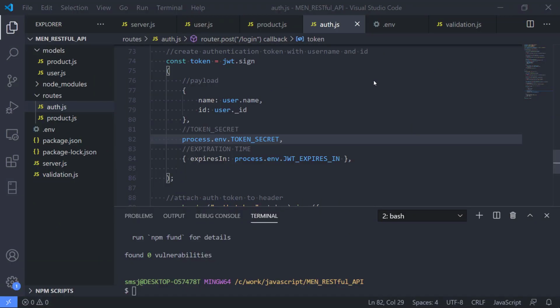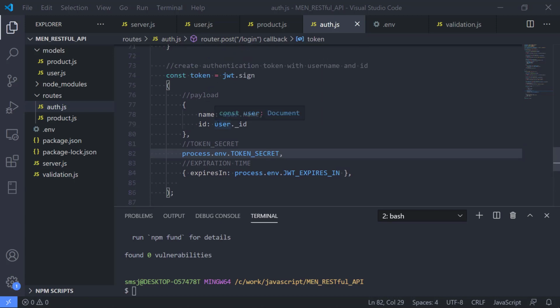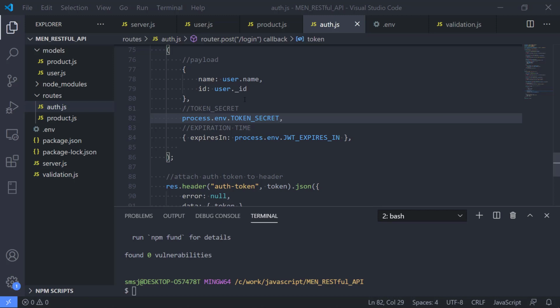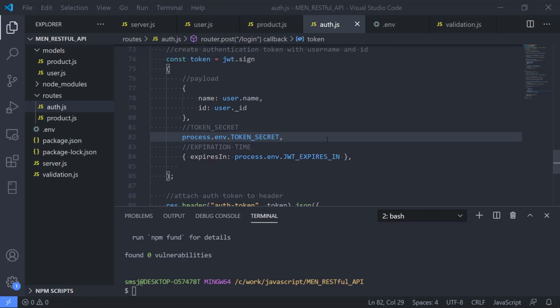So in the previous video we created the login route, finished it up with the authentication token made by JWT, and we signed it with a payload, username and the user ID, and then also token secret and expiration time. So now it's time to test it in Postman, but first we need to write the token secret,